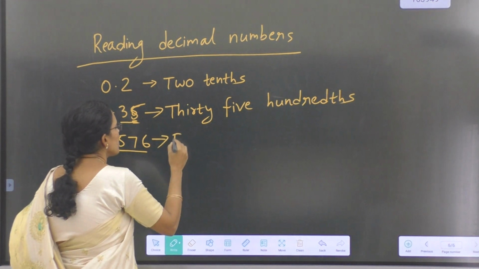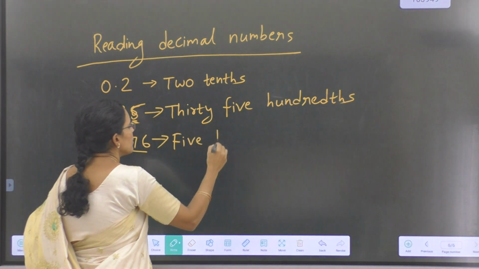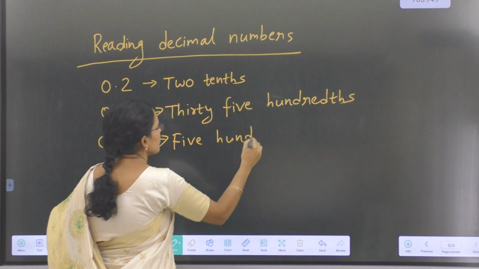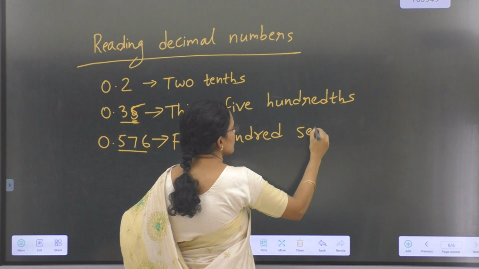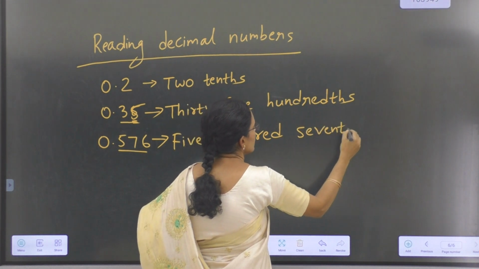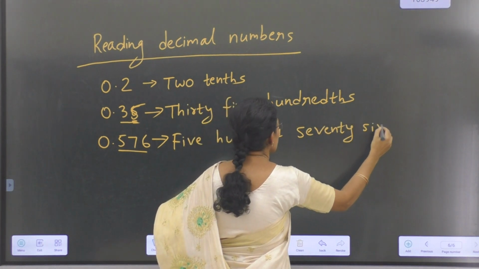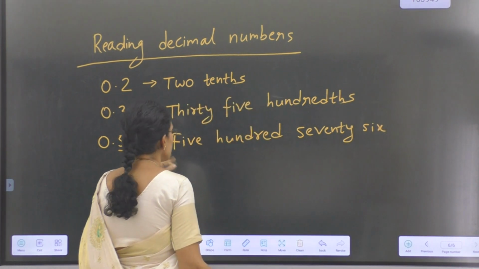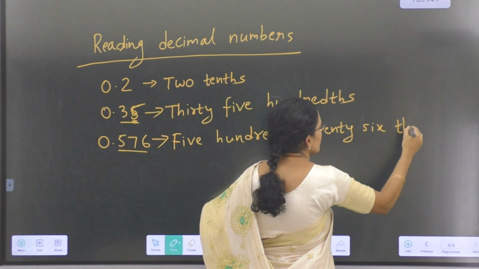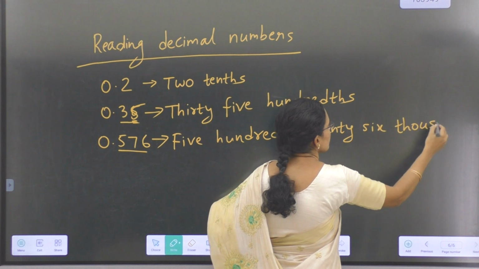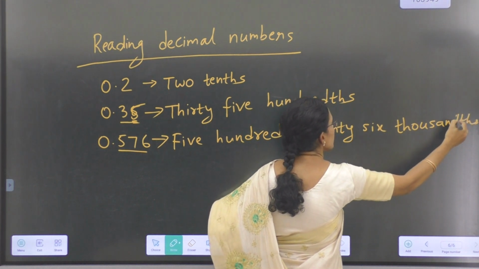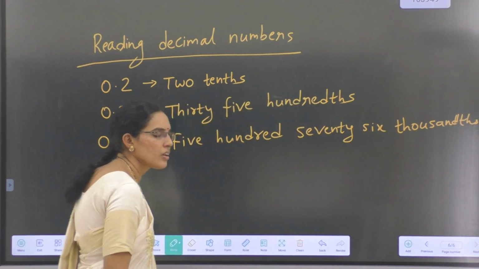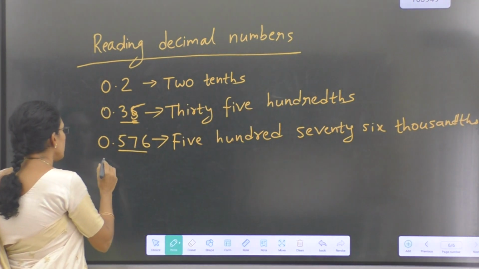We read this as 576 thousandths. If there is a whole part, for example